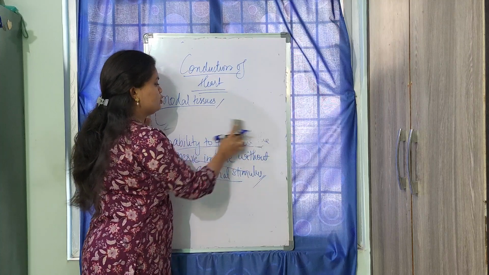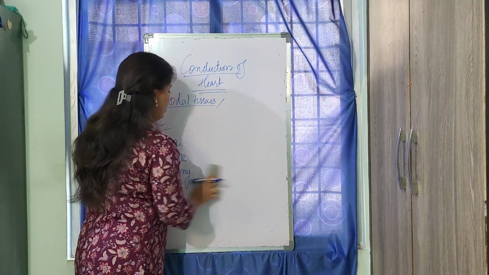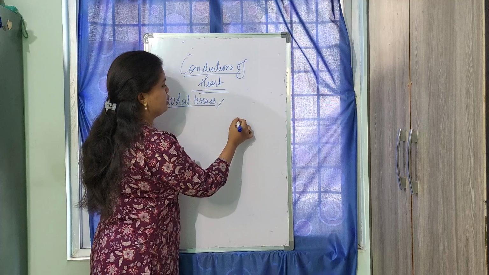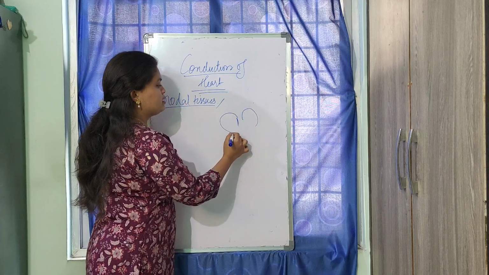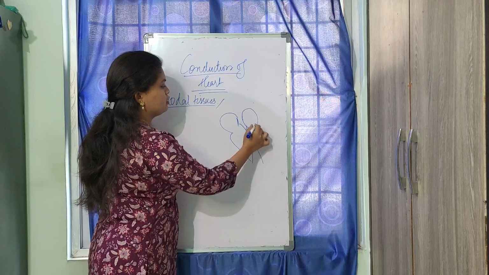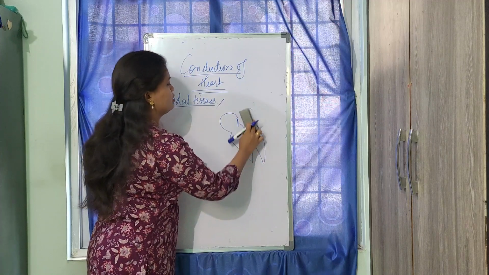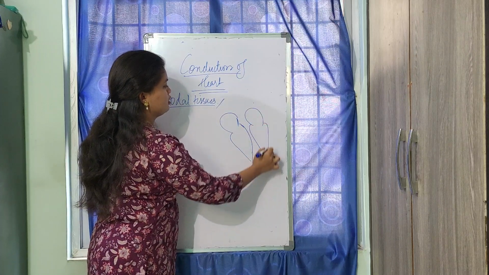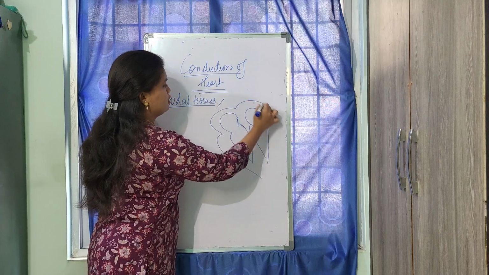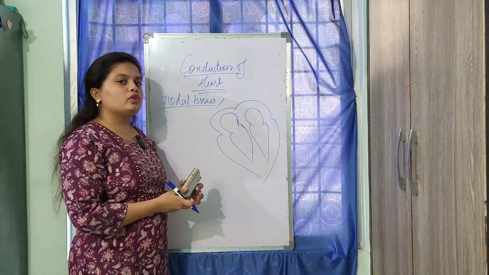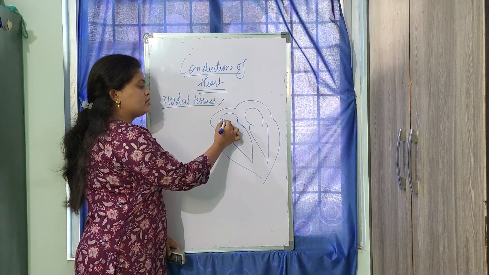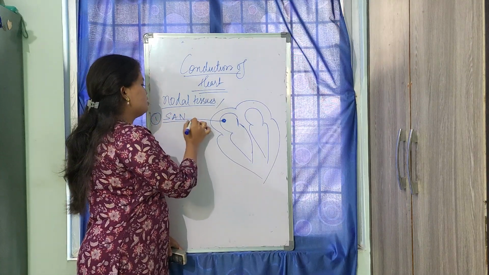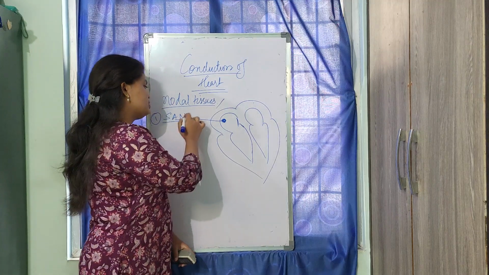Okay, when we talk about these nodal tissues, we have two. Let me draw a brief diagram of the heart and tell you where these nodal tissues are situated. So this is the basic structure of the heart. The first and most important nodal tissue is the SAN,